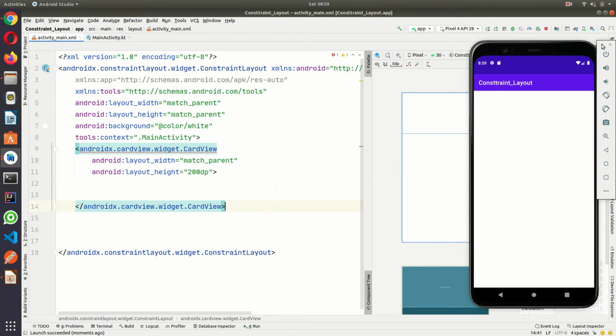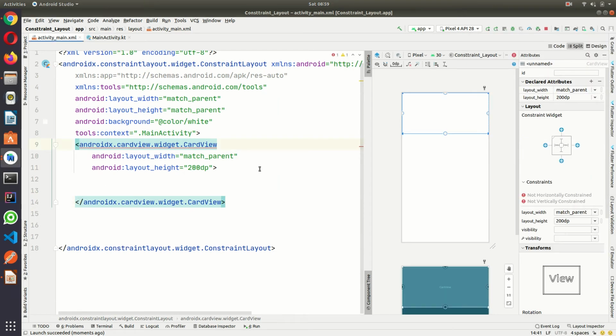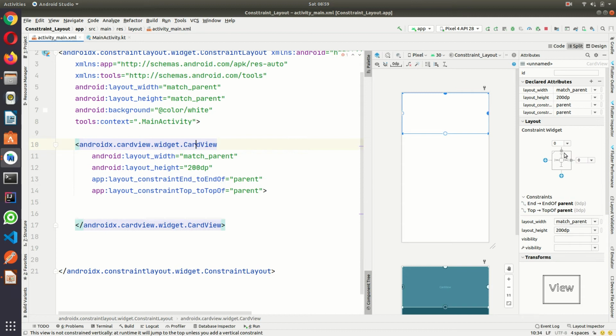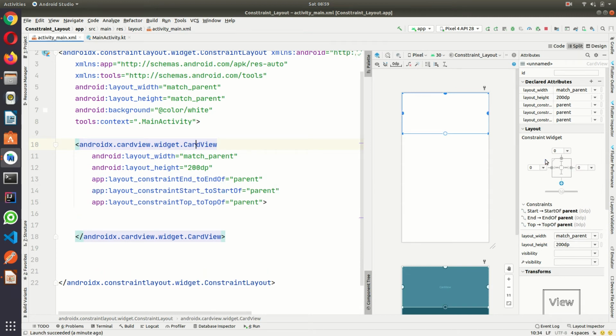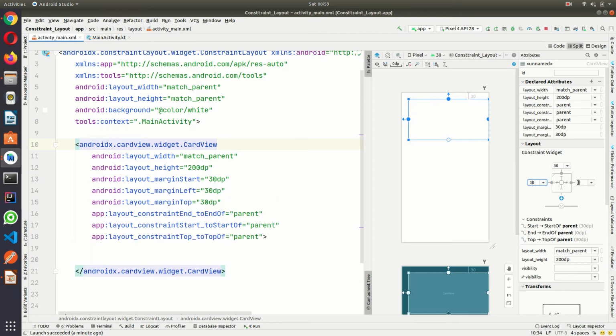Because most of the time we work with the card layout in the recycler view for using item. So here it should be top of parent, end of parent, start of parent. Okay, and I'm going to put some 30 margin on every side.